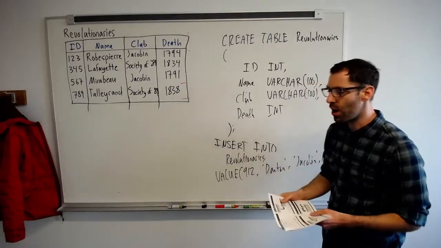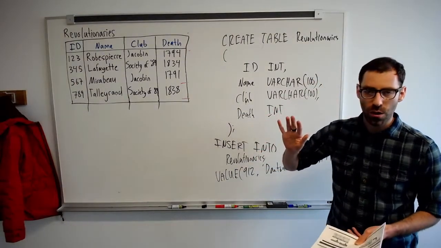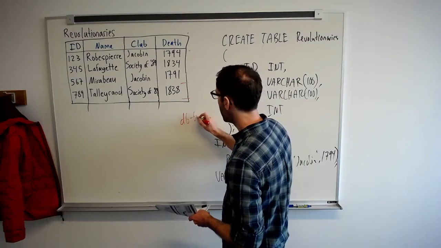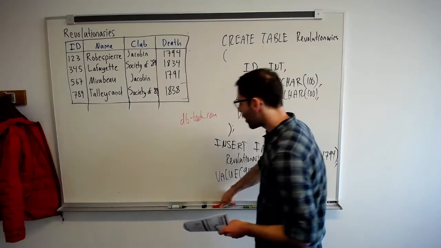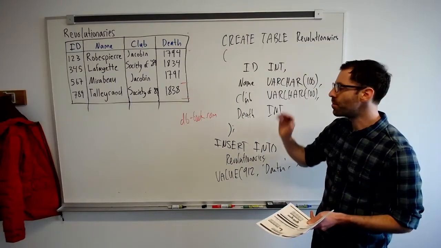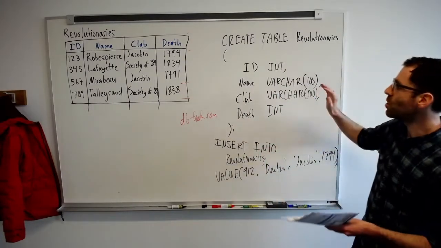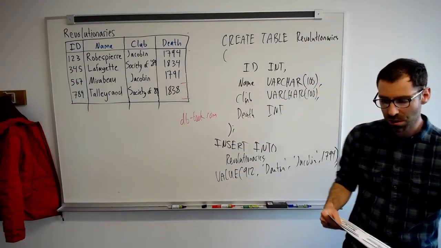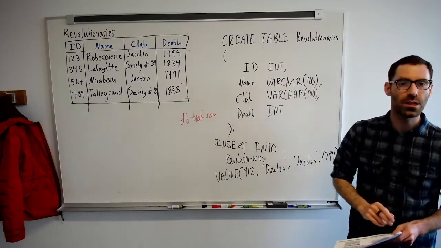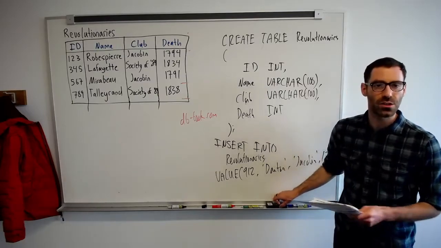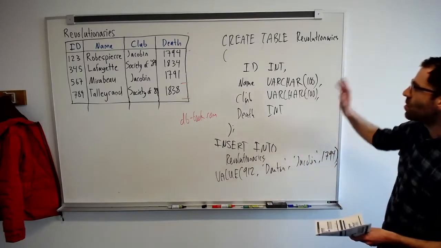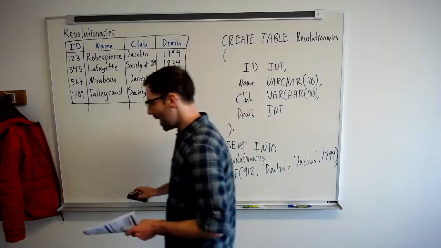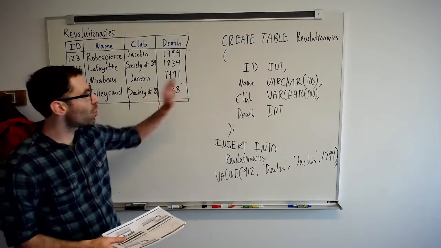If you go to the web page for the textbook, which is db-book.com, on there, they actually have some SQL that you can download that will create that university database that the textbook uses as a running example, using these SQL create table and insert statements. There's something missing from our create table, however, and that is we haven't